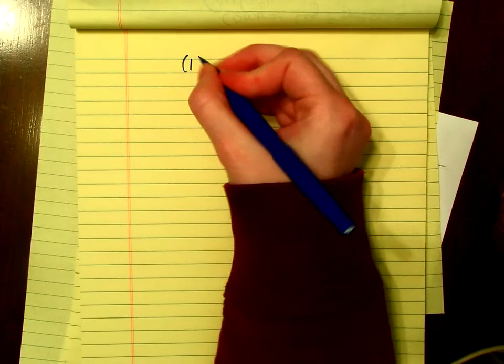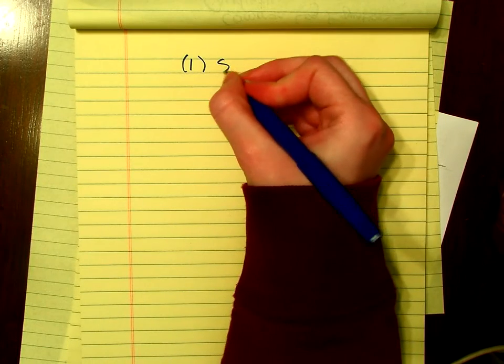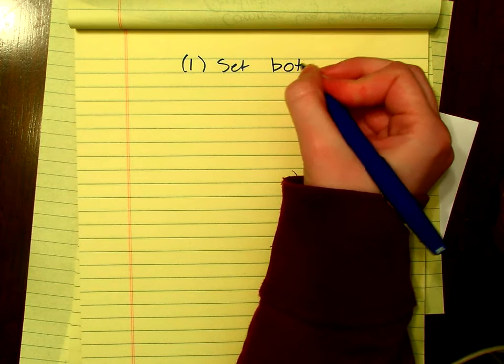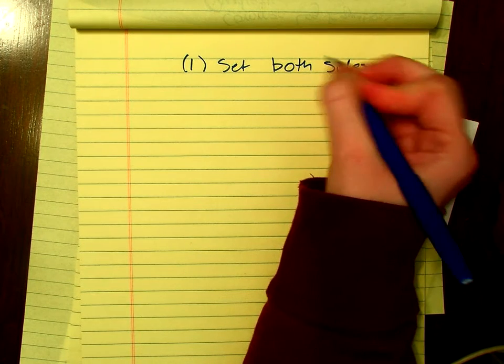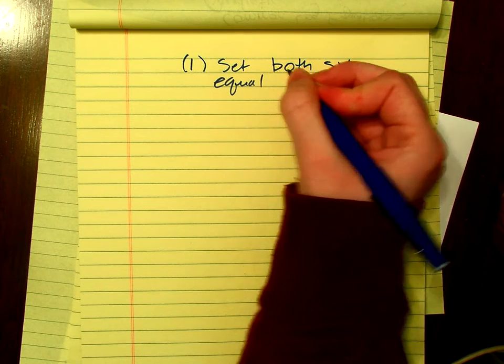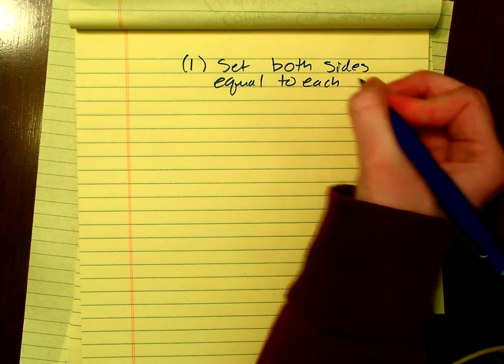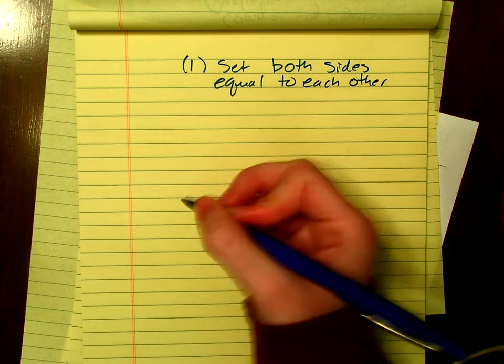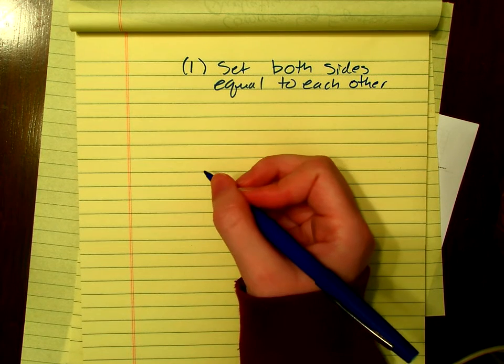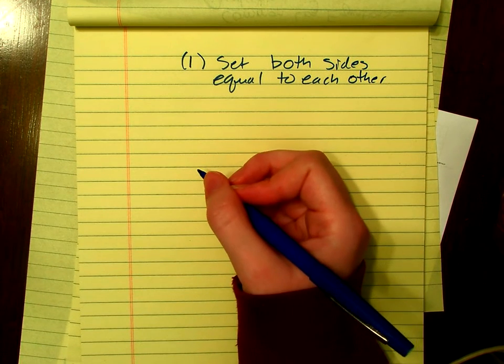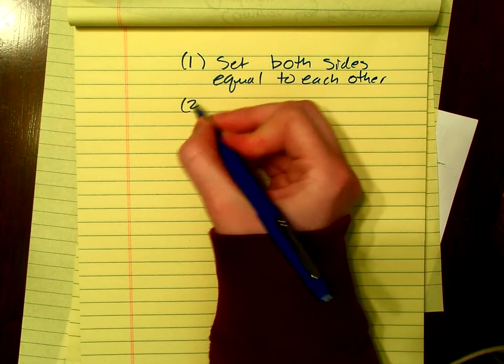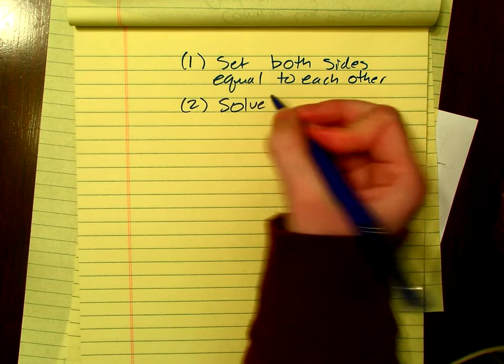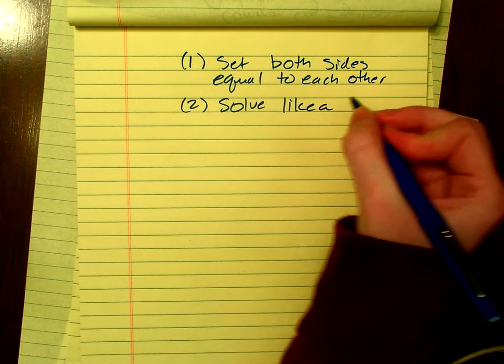Alright, let me re-go over the steps, then I'm going to show you another example. So first, you go ahead and set both sides equal to each other. If I was taking notes, I would definitely write this down. If I'm just planning to take a picture, then I would wait till I'm done writing the steps, pause the video, take a picture. Then, solve like a normal